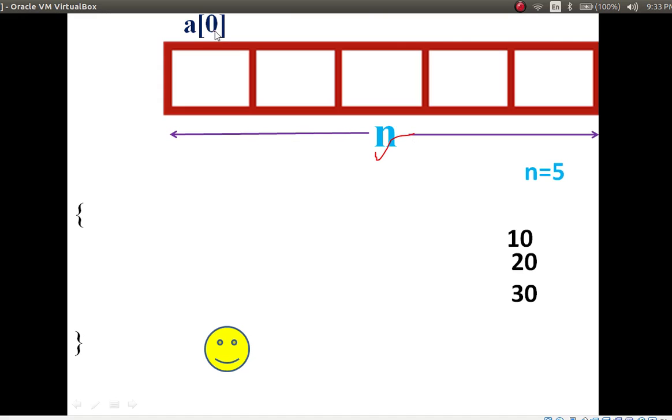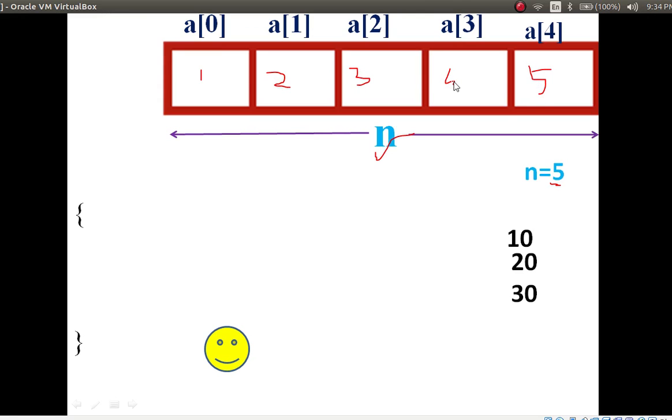Now I am going to mention the array indexes. The array starts with index 0, 1, 2, 3, 4. The ending number is 4, but your size is 5. Don't get confused. Read here 1, 2, 3, 4, 5.